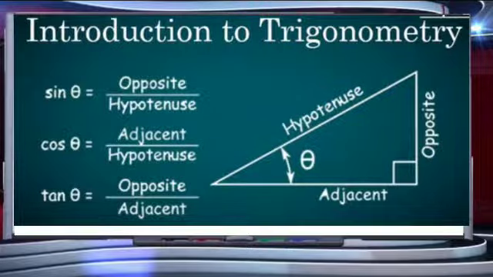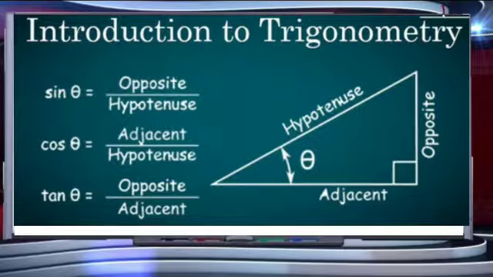Now next are the basic trigonometric ratios. These are sin theta, cos theta and tan theta. So let us understand what is sin theta. As given in the figure, if we consider theta over here, then sin theta is given by opposite side over hypotenuse, that is perpendicular upon hypotenuse.